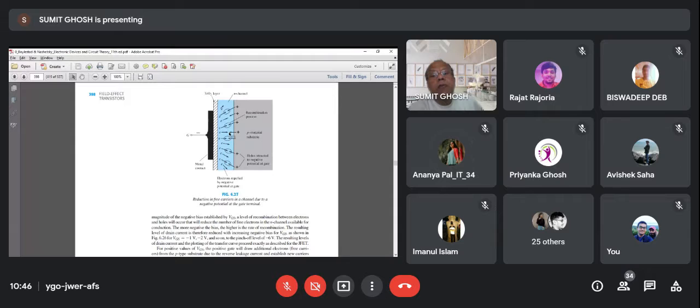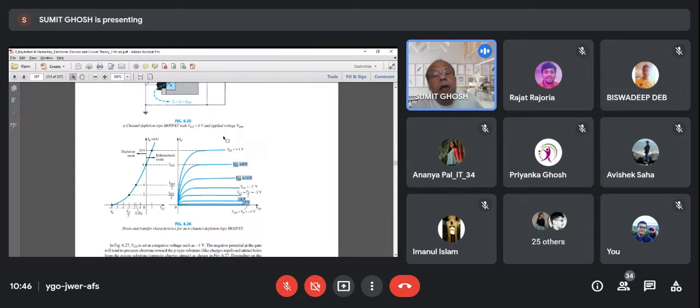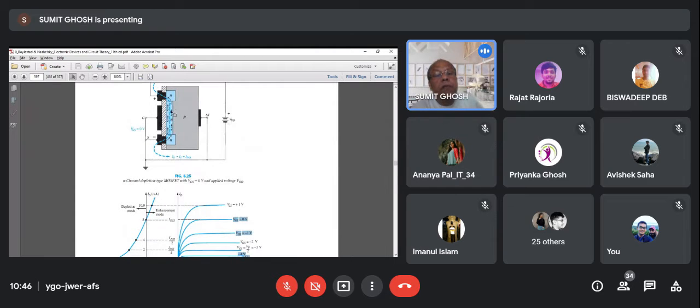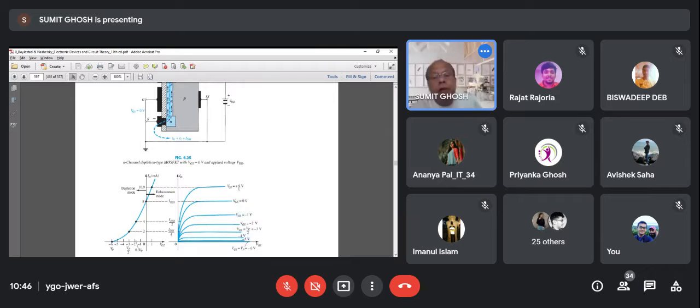Yes, sir. So the electrons, because of positive potential, are attracted towards the interface. Holes are repelled from the interface, go into the substrate region, and the number of electrons in this channel increases. So naturally, more electrons flow from bottom to top in the upward direction, so the drain current is larger. So you see, for positive voltage, plus 1 volt, the maximum drain current is increasing. Is it clear?